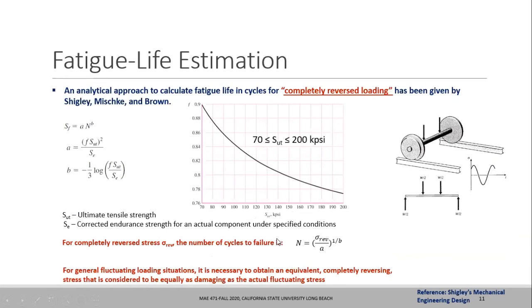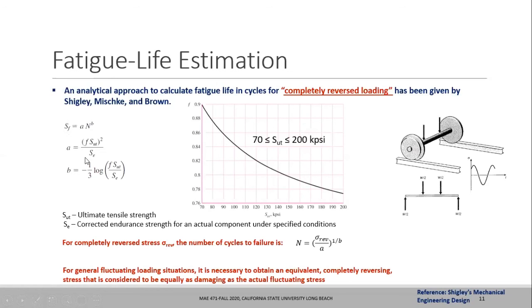Okay, so this is the most powerful relationship that I was referring to, for how to calculate the number of cycles to failure when you have repetitive loading and unloading happening in a completely reversible manner. You have positive stresses and negative stresses in equal amount. If that is happening, then you can use this formula straightforwardly as expressed here. N is given by sigma reversible divided by A, raised to the power 1 over B.